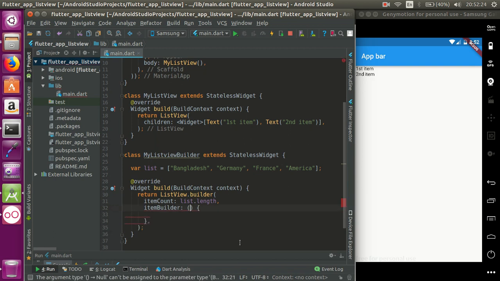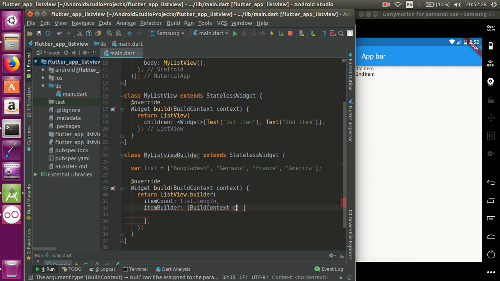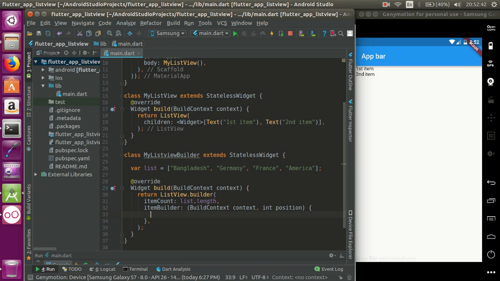The first parameter of the lambda function is the BuildContext, and the second one is the position of the list view item. Then you have to define the look of your list view item. Now let's define it. Return